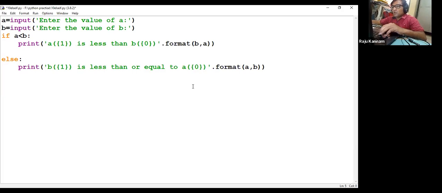If the value of A and B is equal, then will it execute? Yes, of course, here I have written one sample condition. If you want to test it at equal, you can make it. For example, if I give the 2 values as equal, 10 and 10, this condition won't be satisfied, so obviously it will execute the else block only.